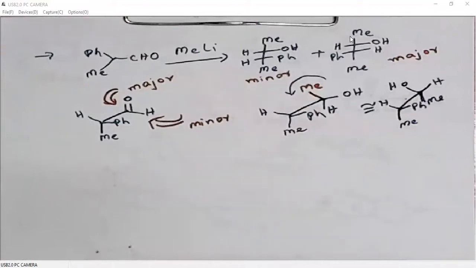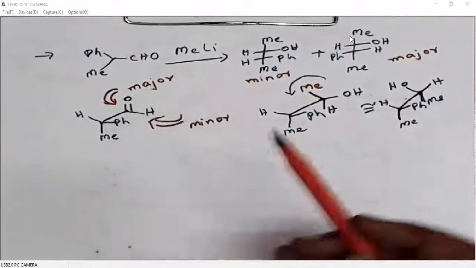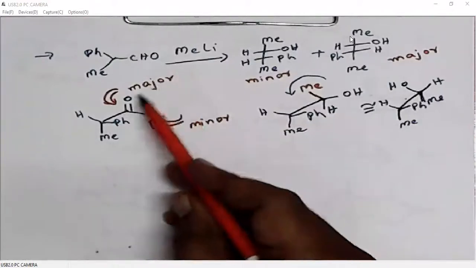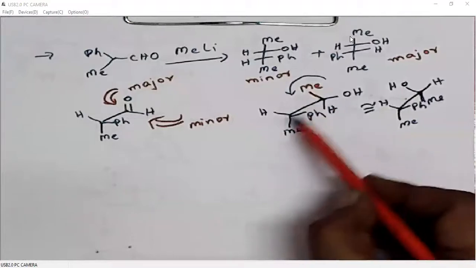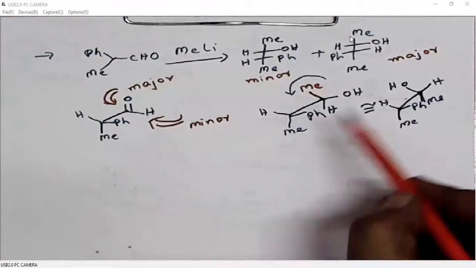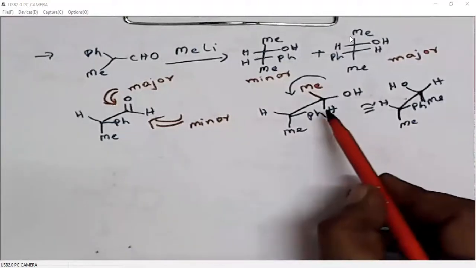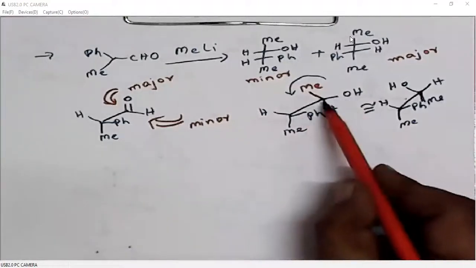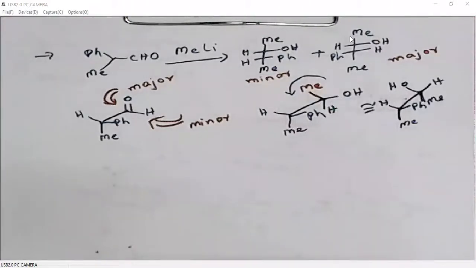So when we want to predict the stereochemistry in this example, the methyl group will approach this carbonyl from the less hindered face, because the addition of methyl lithium to the carbonyl will generate two stereogenic centers. This stereogenic center was written in Sawhorse conformation, so that was converted to Fischer projection. We can also predict the stereochemistry of these products by the Felkin-Anh model. We can also do that.